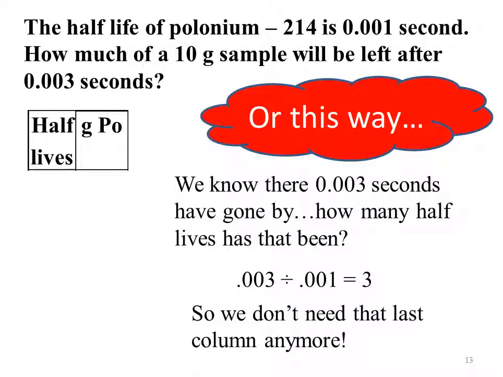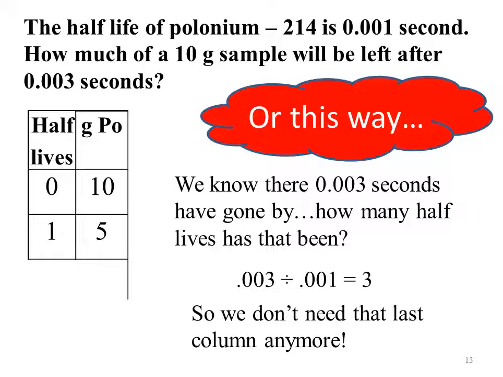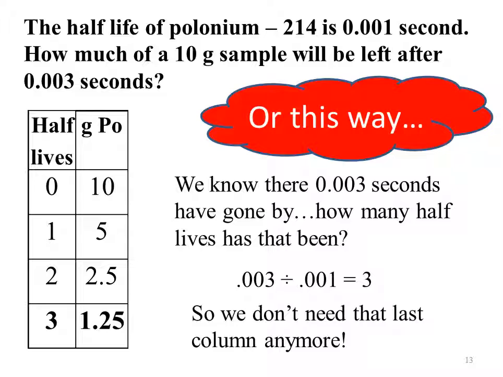We can just shorten that little bit, but we're still going to do a chart. We're going to divide 10 in half 3 times. And if you can do it without doing the chart, more power to you, but don't forget that you have to start at 0. So at 0 half-lives, we start at 10 grams. 1 half-life, we divide to 5 grams. 2 half-lives, we divide to 2.5, and at 3 half-lives, we are dividing